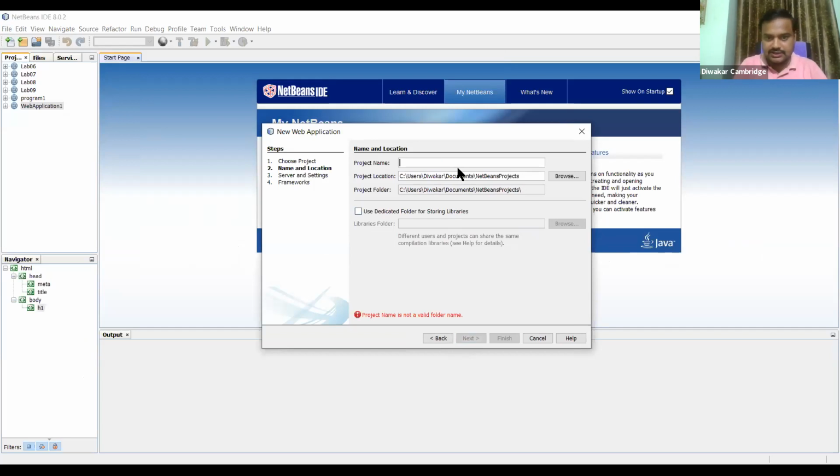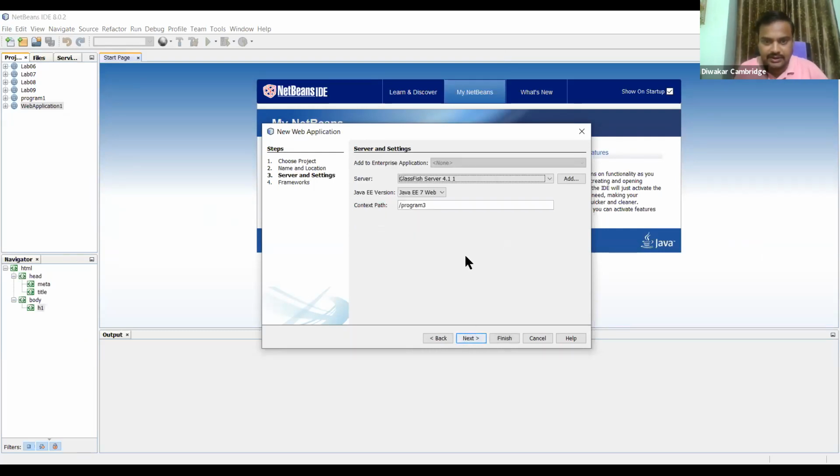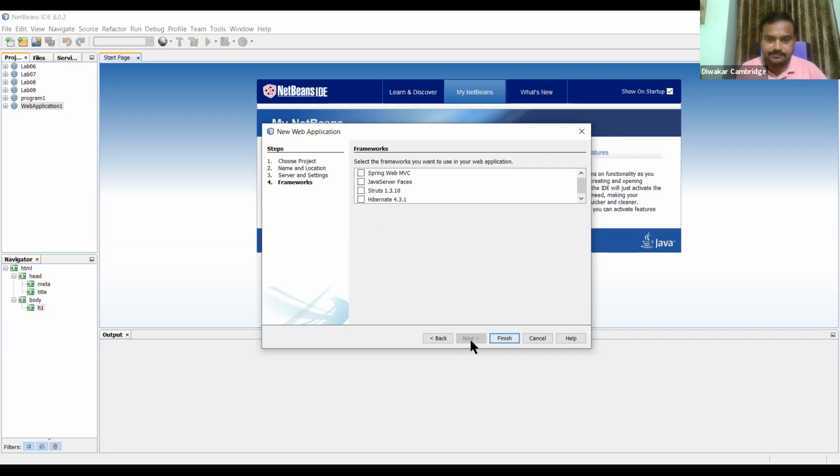I'll rename it Program 3. Then click Next. Here I'm using the GlassFish server, which is built into the NetBeans editor. I'm going to select Java EE 5, then click Next, then Finish.